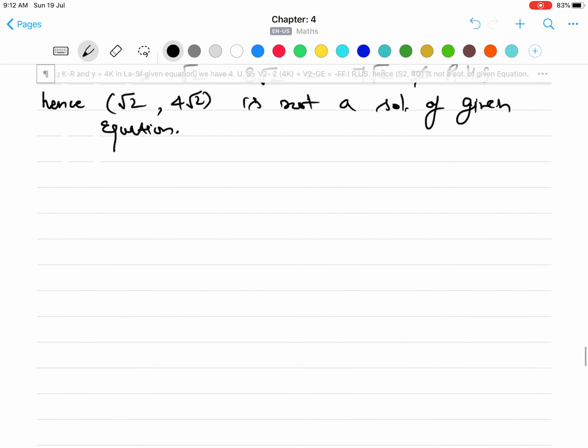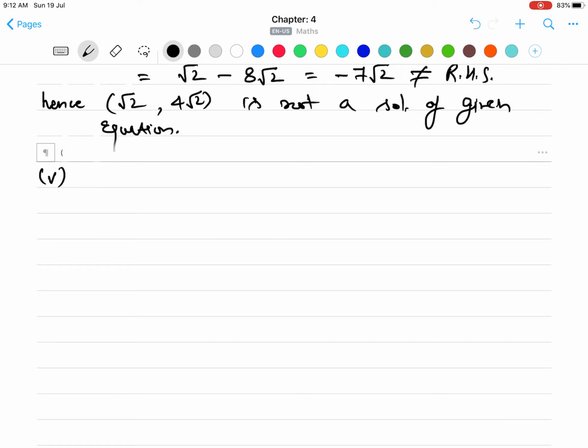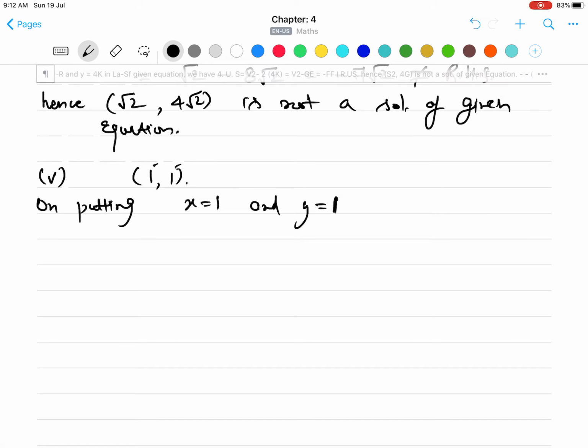Okay, now the last part, we have part 5. The solution given to us is 1 and 1. So on putting x equals 1 and y equals 1, these are the values of x and y, in the left hand side of the given equation, we have